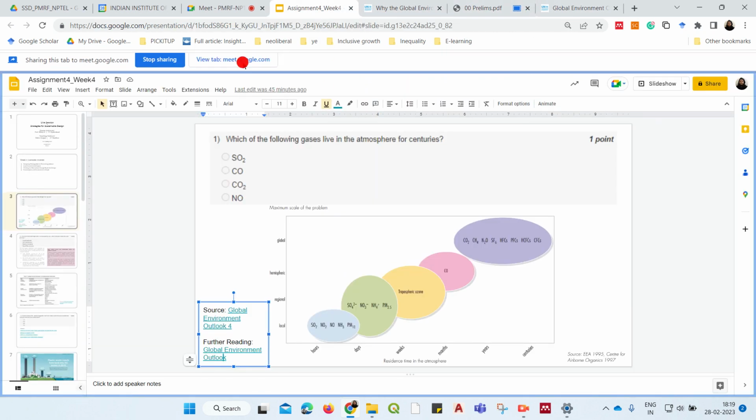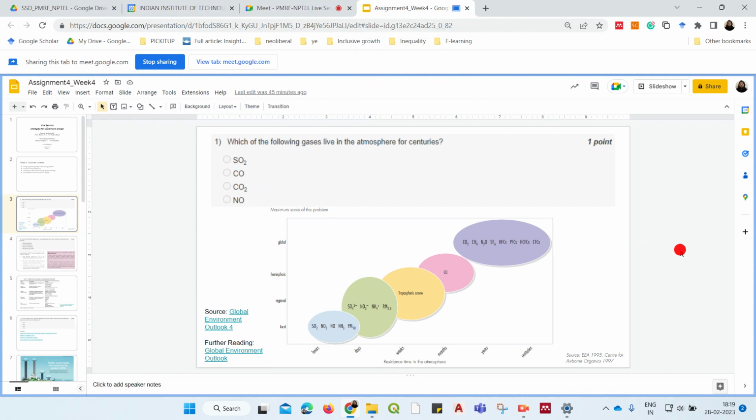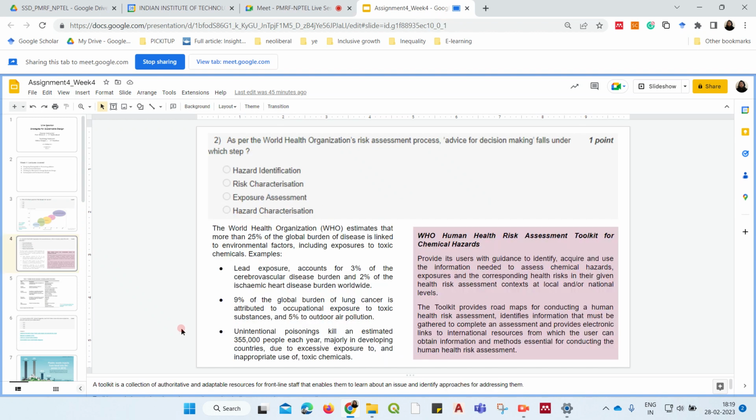Okay, coming back. So I think this question is clear to you, and you can access further resources from here. So moving on ahead to the next question. So the next question asks, as per the World Health Organization's risk assessment process, advice for decision making falls under which step? Okay, so what this question is talking about is the WHO Human Health Risk Assessment Toolkit for Chemical